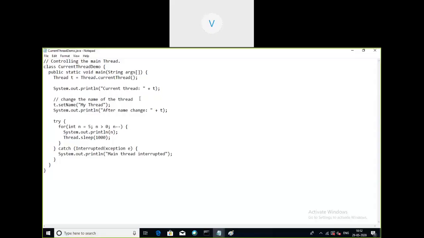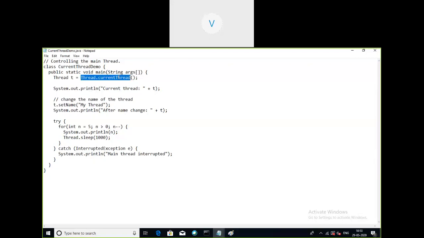So as you can see, the name of the class is CurrentThreadDemo, and within the main function, we are trying to call the current thread constructor of the Thread class. As we know, Thread is a superclass for all the threads which we create. Whichever thread you create can be created in two different ways: by implementing the Runnable interface or by extending the superclass Thread. In this program, the first approach, extending Thread, is being used.